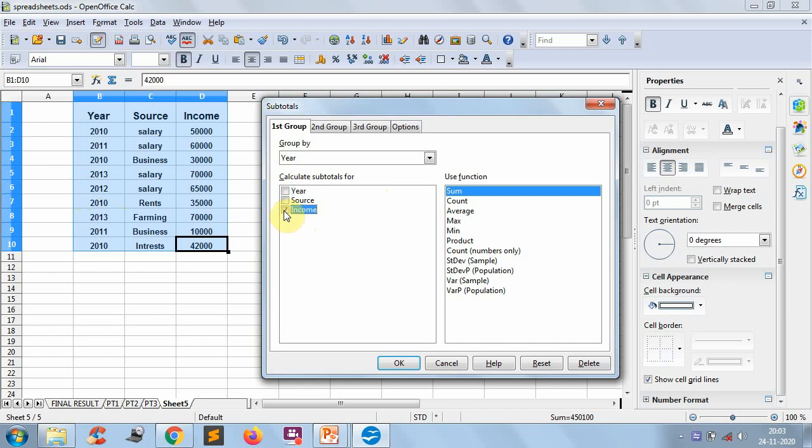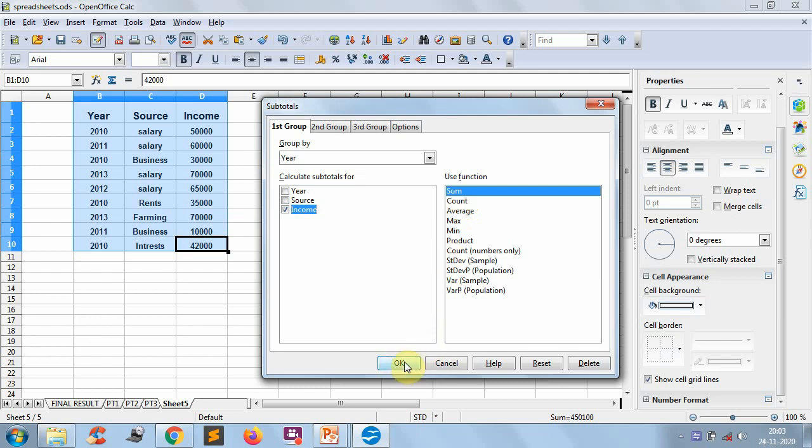Put a tick mark on the income column so that the sum function will be applied on it. There are some standard functions here, and you can include whichever you want. Just click on sum. If you want to count, we'll discuss later. I'll click on sum first because I want to find the total.